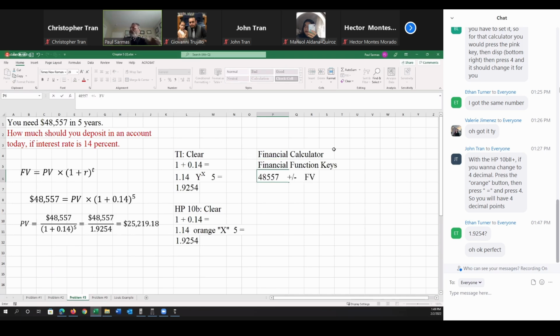And this time you say future value because that's the money in the future. You will say 14, I/Y, and you will say 5, N. And then you compute